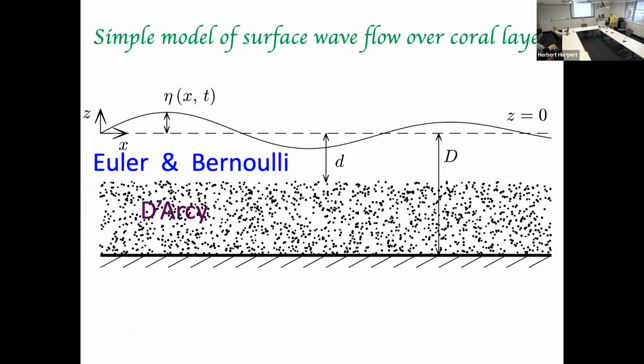Now, I want to look at what happens if you have waves over the ocean, which is this clear part, and a coral reef, which I write down as this. And I'm going to make an approximation to get started that the coral reef is horizontal in its extent, in its uniformity, and this is a two-dimensional problem. And there's no doubt, and if some of you are graduate students, here's a wonderful problem to look at,